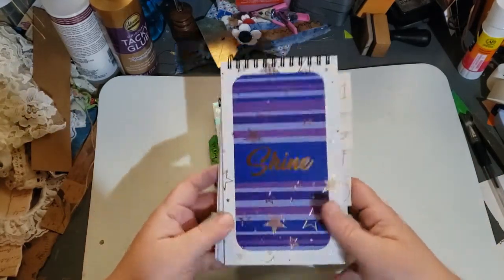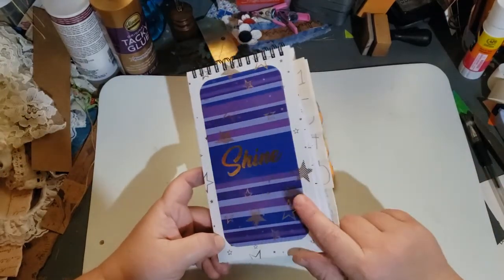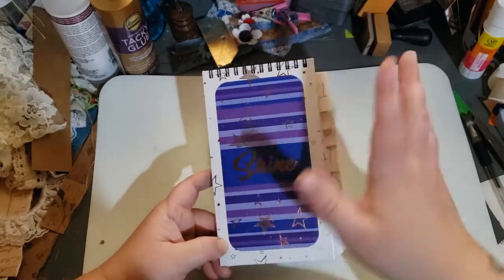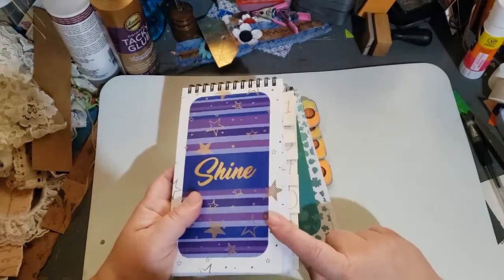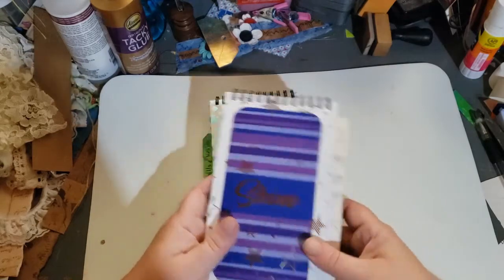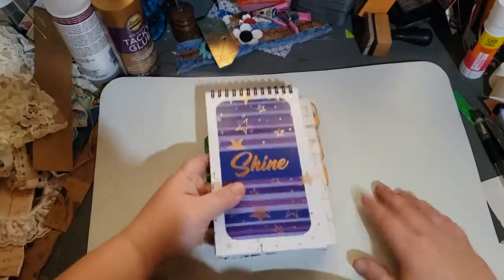So I had these in stock in my stash, and I converted to this smaller steno pad, which I absolutely love. I got these at the Dollar Tree a few months back. I'm hoping they'll eventually get more in because I only have one more. And I was going to tell you,